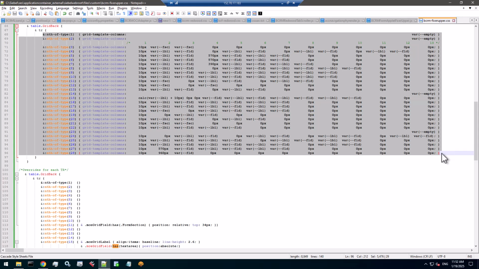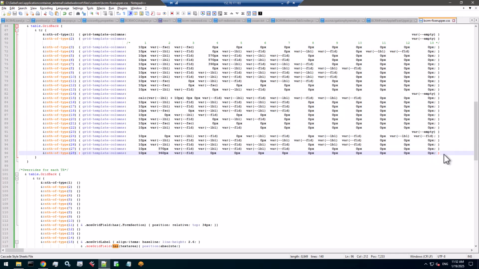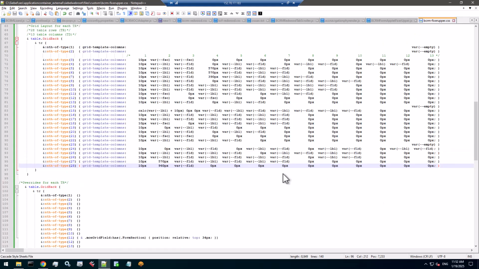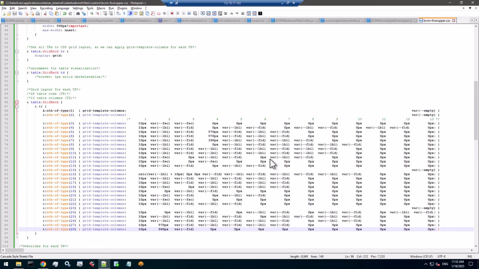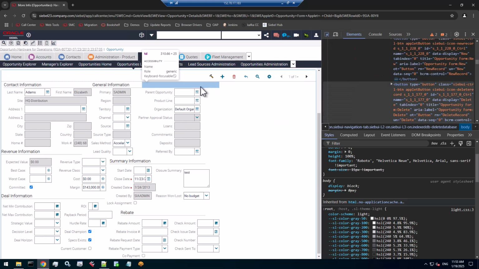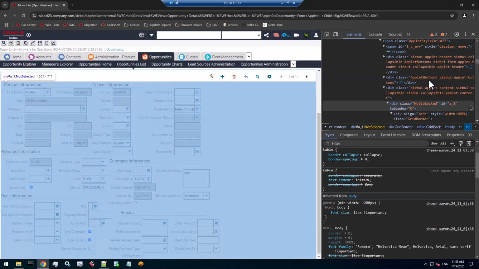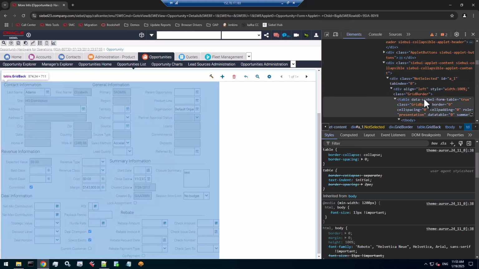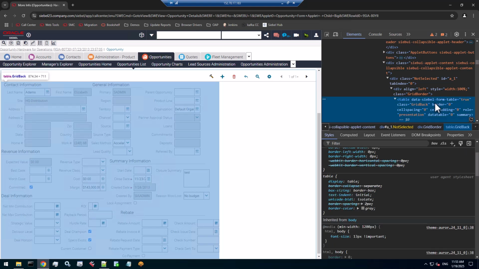Well, you can copy paste it, you can adjust it as to the columns, you can use Excel to create the initial layout, which I started with. But each form applet is a little bit different as they are. So you might want to visualize your form applet. So one way of visualizing your form applet early on, and I'm going back to the original layout here, is to, well, find the table. You can do this in your browser developer tools. You find the table